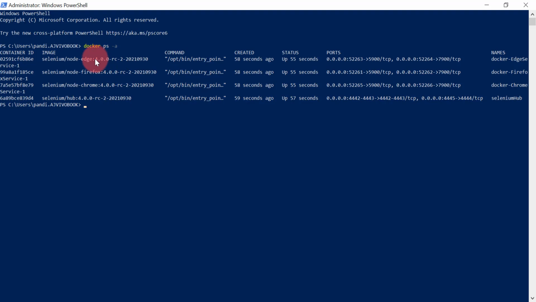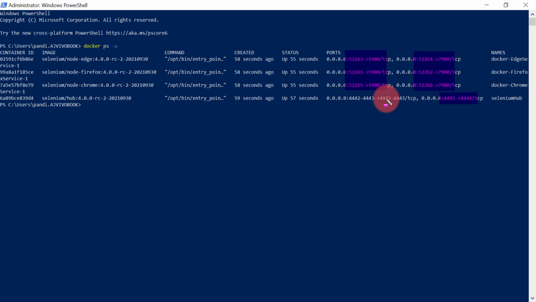One is for Selenium Hub and 3 node containers, and according to our configuration it has mapped port 4445 for the Selenium Hub to 4444 of the Docker container, and it has mapped random ports for 5900 for each node container for the VNC service, and the noVNC service port number 7900 has been mapped to different ports on the host machine. Okay, so you can access this VNC service and noVNC service from the host machine itself. The only difference is that for VNC you need to use the VNC viewer, and the noVNC service we can access from the browser itself. Okay, so you will see both things.